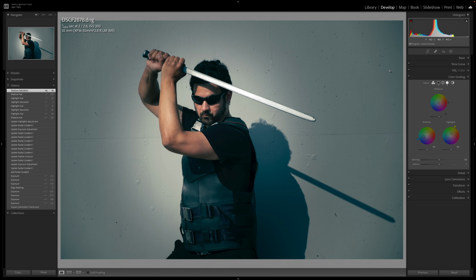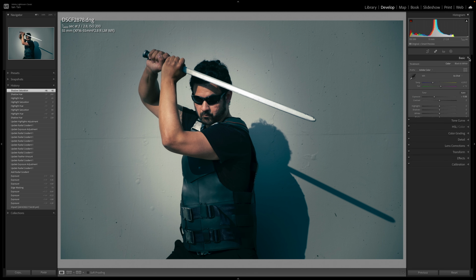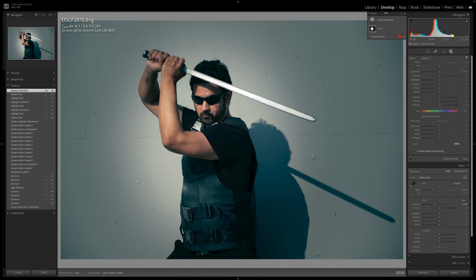Now, the next thing I want to do is, okay, so I've put a color scheme there. I think he could use a little bit more pop. So it's still looking a little bit flat. So what I'm going to do is go back to the basic panel. I'm going to use another mask, and this time I'm going to create